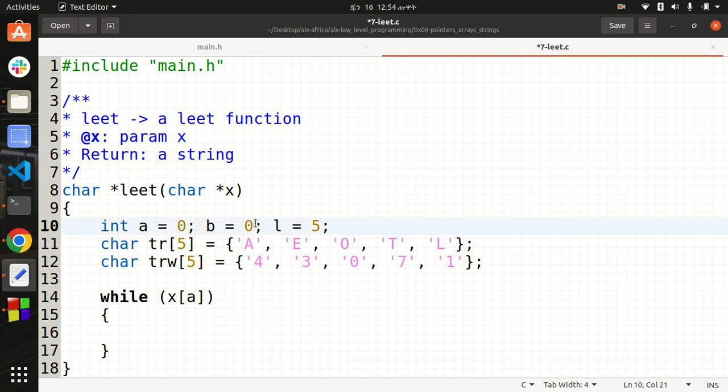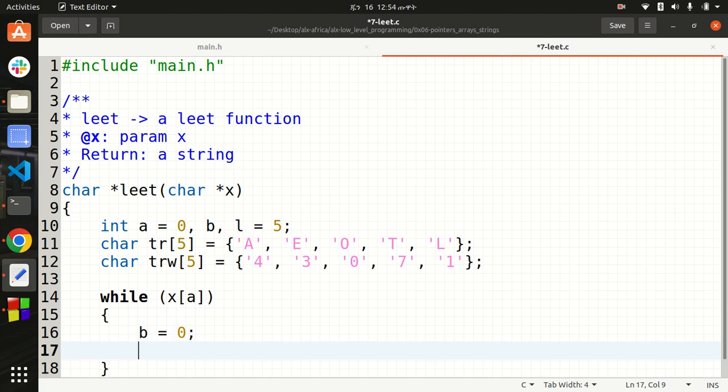B should not be initialized here, just a comma is enough, comma here as well is enough. So I'm going to come here and set b equals to 0 here,